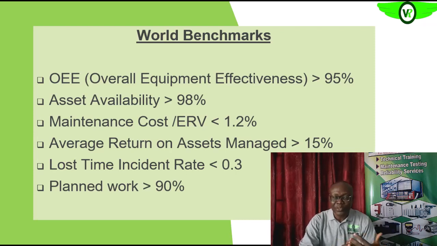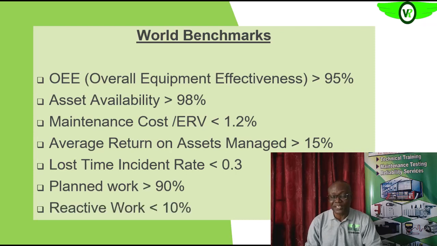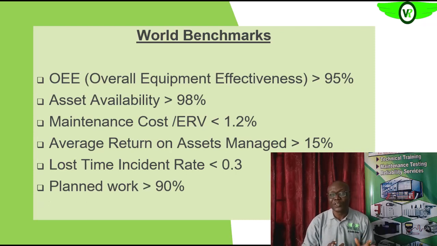So most of the maintenance activities that will be undertaken in the facility will be activities that were planned for and provided for, thereby stabilizing or reducing our maintenance costs. If planned work is greater than 90%, then we are operating in that world benchmark range or level,